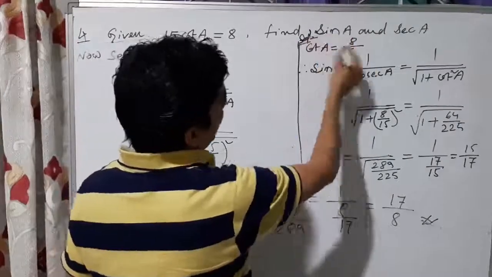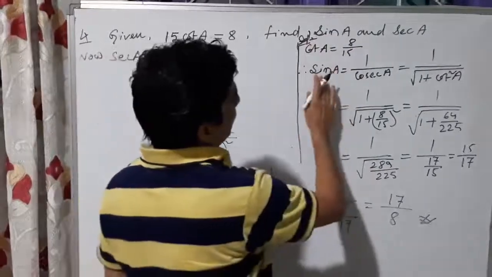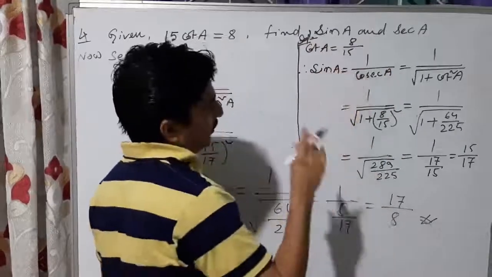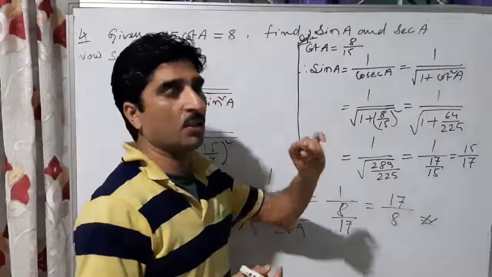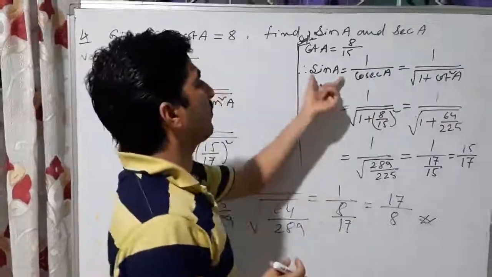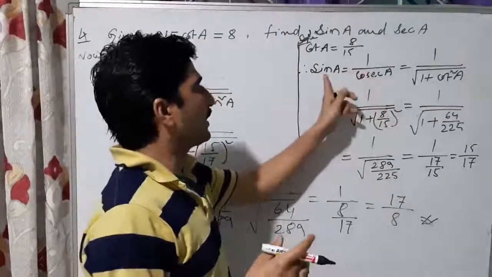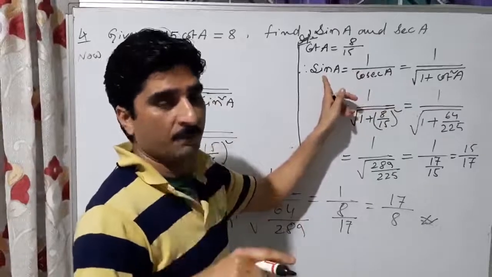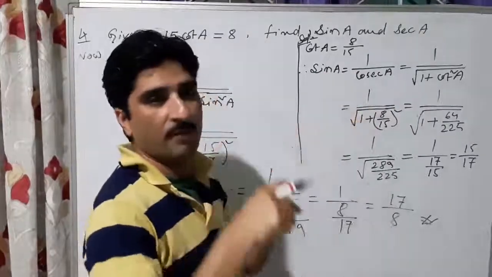So cot A equal to 8 by 15 we have got from the relation given. Then from here, for sin A, we will have two direct relations for every ratio. One is a reciprocal and another one is from quadratic. That means for sine, if you go for reciprocal, that is 1 by cosec A, and for sine, if you go for quadratic, then root over 1 minus cos square. So these types of direct relations we will have, two for every ratio.